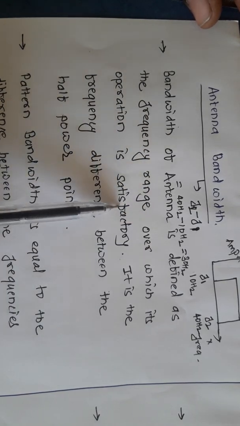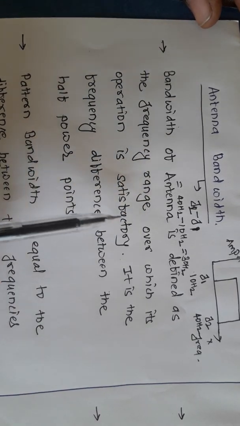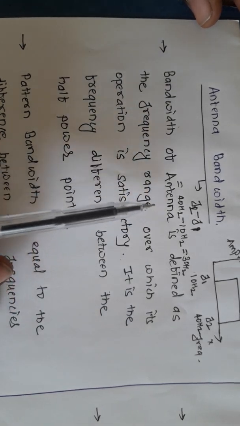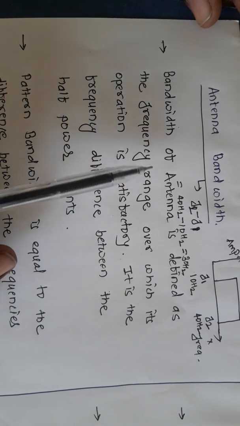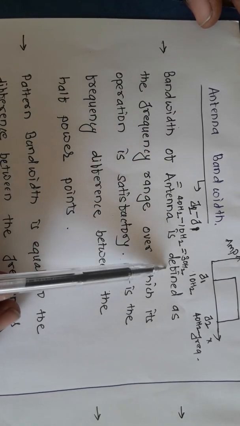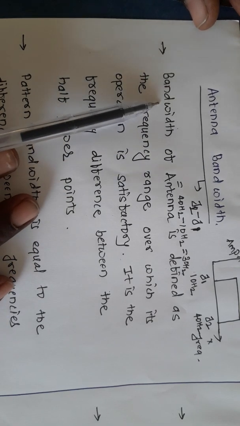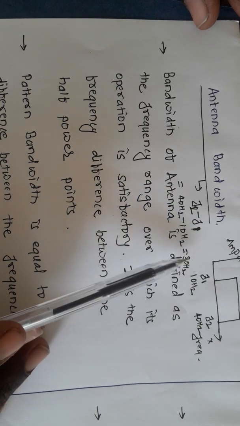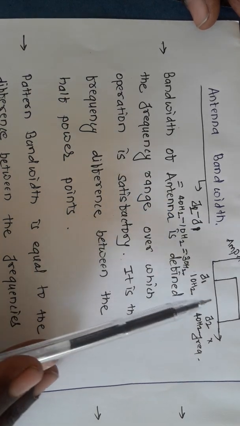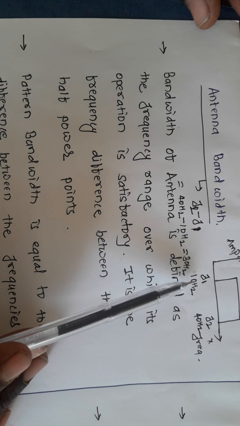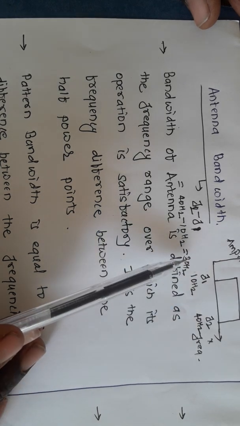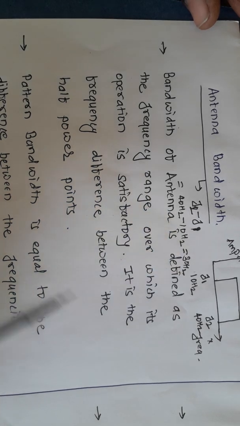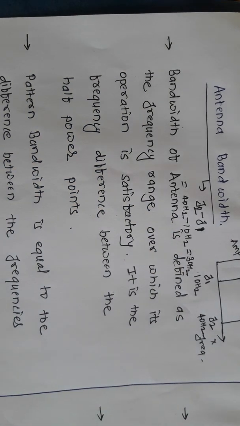So depending on the antenna performance, whether it is satisfactory, good or poor, we can say the bandwidth. If the antenna performance is satisfactory, the range of frequencies for which it is satisfactory will be the bandwidth. So upper frequency minus lower frequency. In our above example, if the antenna is working satisfactorily from 10 hertz to 40 hertz, then the bandwidth of the antenna is 30 hertz. So for the 30 hertz bandwidth, the antenna working is satisfactory, right?